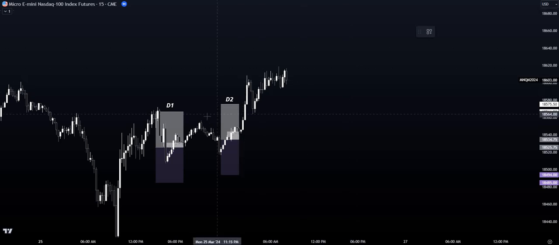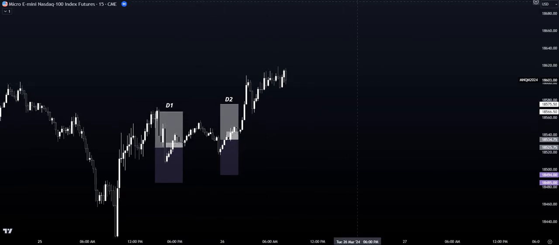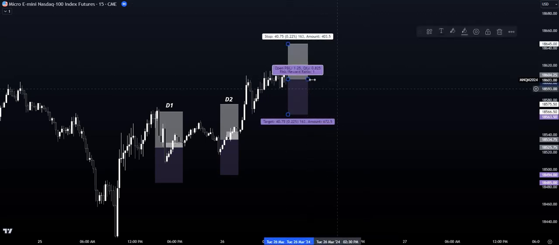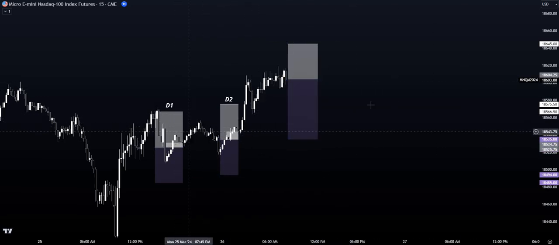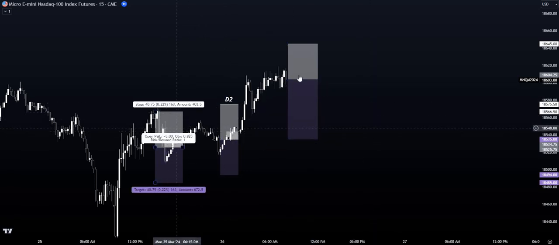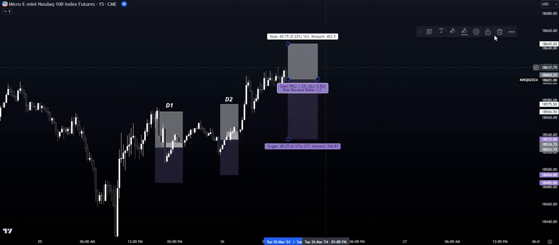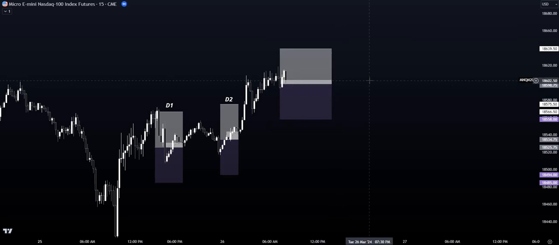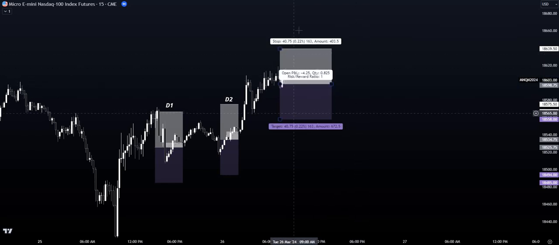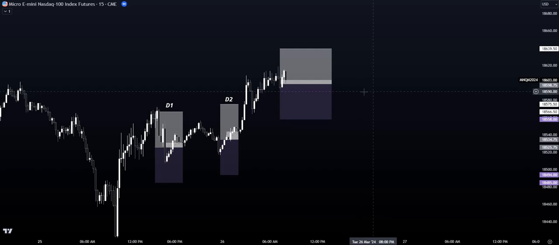Imagine we took these two losses, right? What the average person is going to do is take that third trade, and I'm just giving an example that it's one trade a day, right? He's going to make that third trade and risk double these combined. So 1% plus 1% is 2%. So he's going to risk 2% on this trade, right? And most likely, because of that, he is either going to get stopped out, or he's going to go into a little bit of profit, or he might even win the trade. Who knows? But that is gambling, and we don't want to do that, okay? We do not want to gamble, and we want to pay attention to our risk management plan.